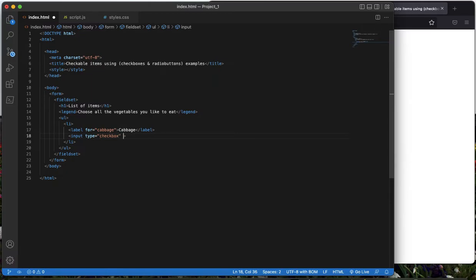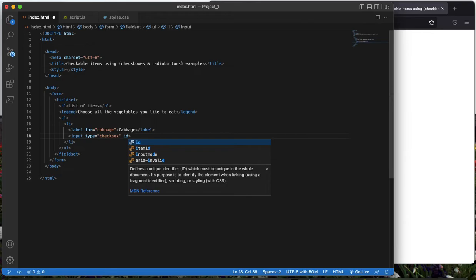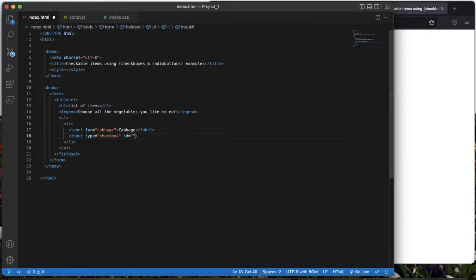And how about the second attribute? What can we give an attribute? Here we can give an ID attribute, and we can give the same name cabbage here, and let's say if we want a name for the name attribute here, what we can give it is vegetable. Say vegetable,